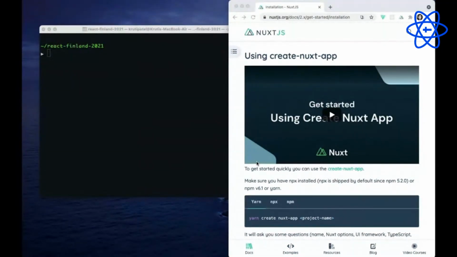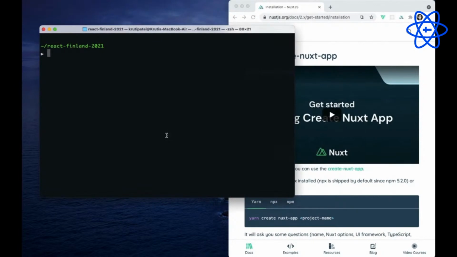So let's jump right in and create a Nuxt app from scratch using the create-nuxt-app command. So I will go to our terminal and run create-nuxt-app my-nuxt-app.